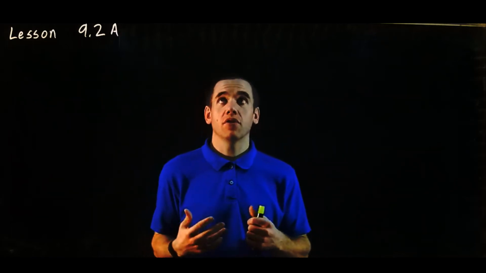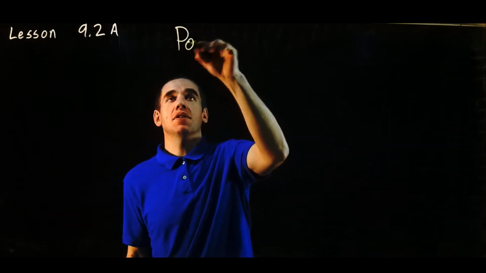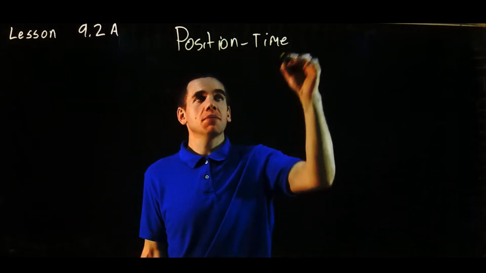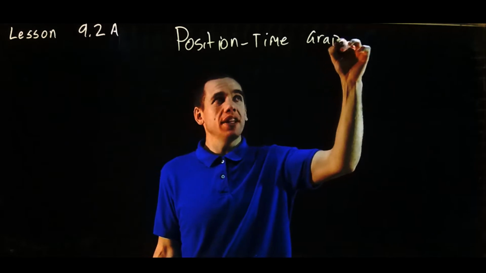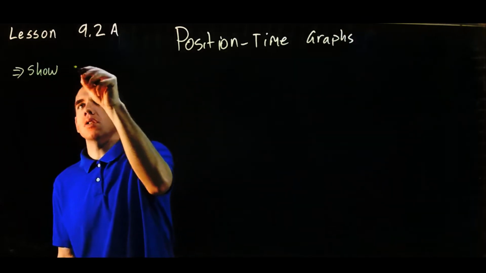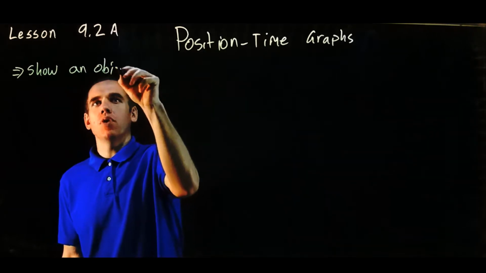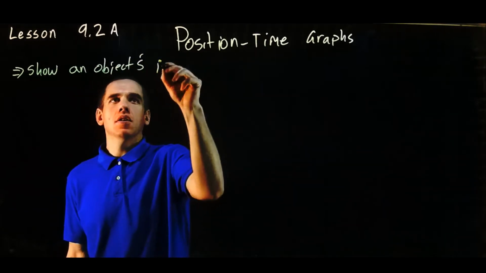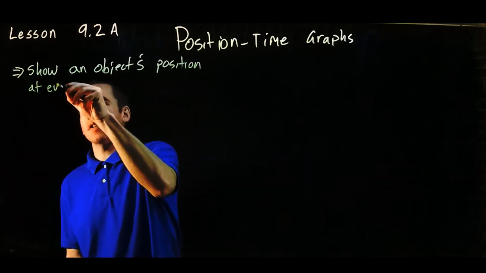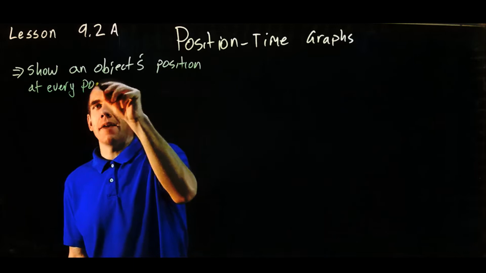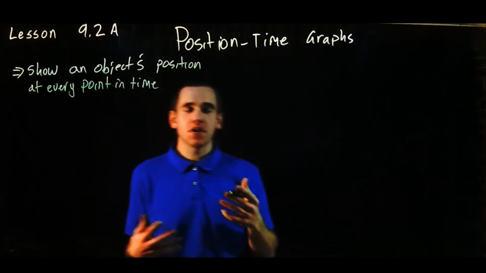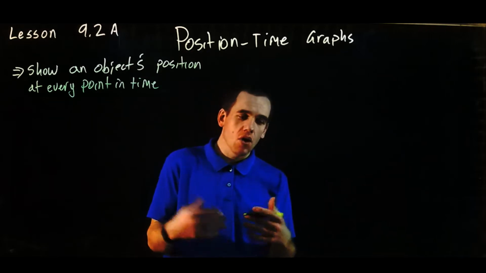In this lesson, we're going to take a look at position time graphs. Now, a position time graph does exactly what it sounds like. It tells us an object's position at every point in time. So these show an object's position at each point, or every point in time. Now, what that's going to allow us to do is not only see what the position is, but also how